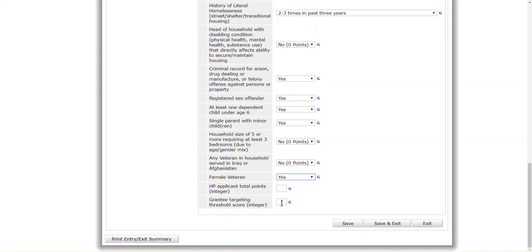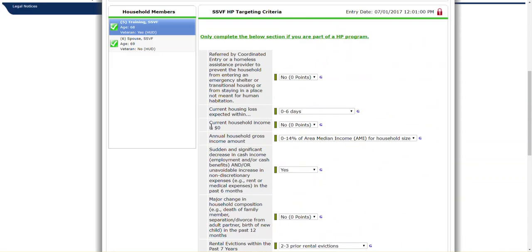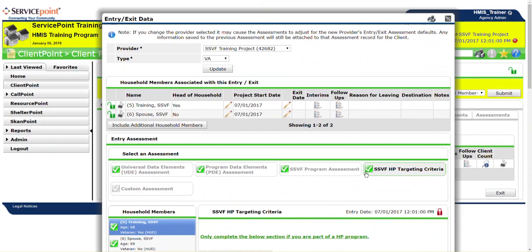In short, this is what compares your program or your applicant to other applicants in the area. You want to refer to your own agencies to see what these scores are, because it may differ based on the year, based on the program, and based on the area. But once you're done there, you'll simply click Save, and it'll be complete with that as well